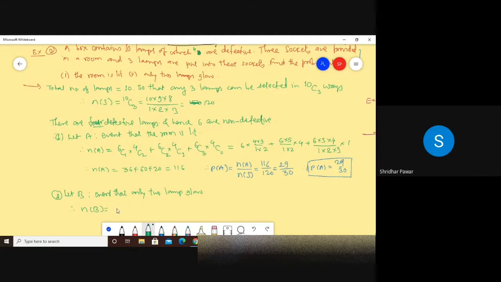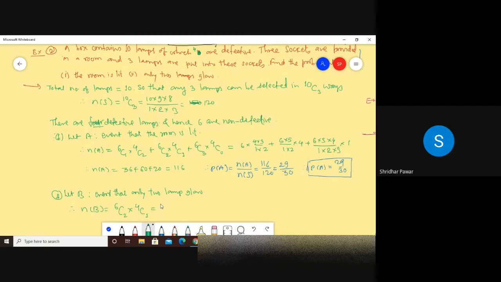म्हणजे एक लागणार नाही येस याचा अर्थ काय 2 कुठचे आले पाहिजे 6 मधून आले पाहिजे 6C2 ओके ओनली 2 विल ग्लो म्हणजे एक लागणार नाहीये याचा अर्थ तो कुठला असला पाहिजे डिफेक्ट एकूण 3 सॉकेट आहेत तुमच्याकडे 3 लॅम्प सिलेक्ट करायचे पैकी 2 नॉन डिफेक्टिव्ह मधले झाले पाहिजे म्हणजे ते दोघे ग्लो होतील आणि एक ग्लो होणार नाही म्हणजे तो defective madla set. So 2 from 6 and means into 1 from 4.